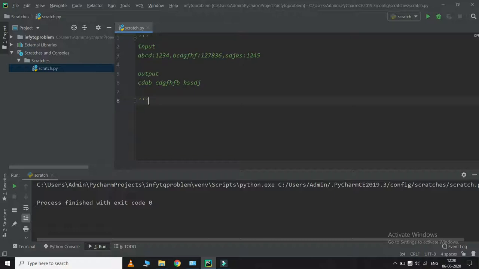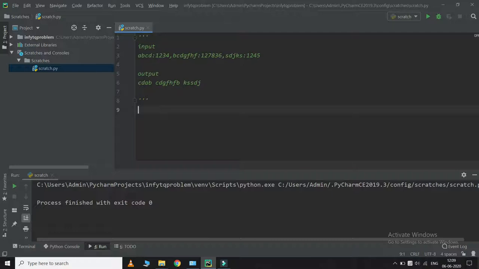So the last two digits, CD, are rotated towards the left of the string, and the sum of all the digits squares in this case is odd. So the B from the left side of the string is rotated to the right side of it. You can see this: C D G F H F B. So this is what we are going to write code for.